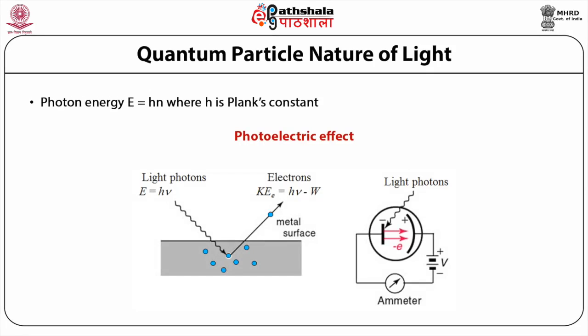Now let's talk about the quantum nature of light. So far we were discussing geometrical optics, that is how images are created, or how plane mirrors or curved mirrors or lenses work and so on. Then we discussed the wave properties of light, where we assume the light or the electromagnetic radiation as classical